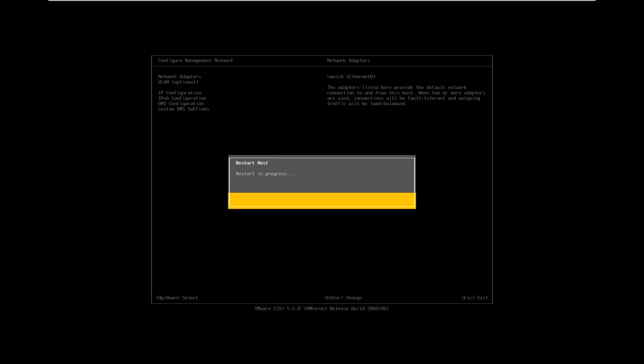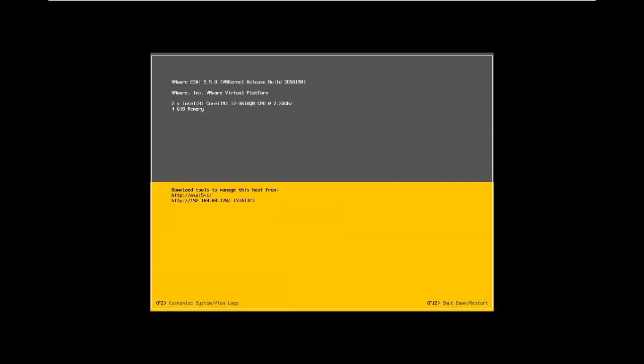And the server will reboot. And there we go. So now you can see our configuration here has been altered. Again, we have our host name here, ESXi 5-1, and our IP address, which you can see now is static. So if we wanted to access this particular host in order to download these management tools, we could just go